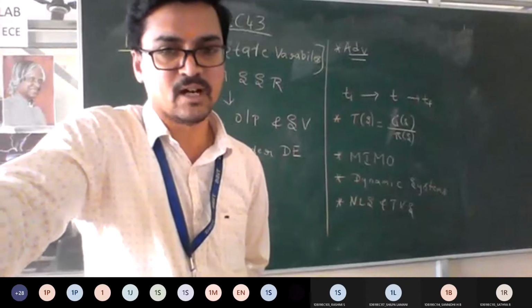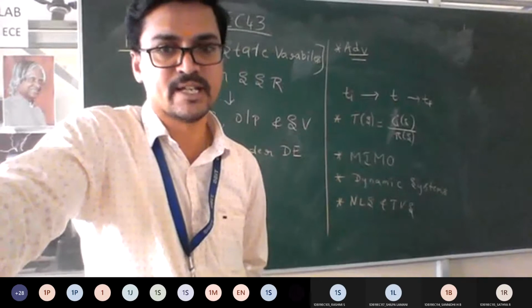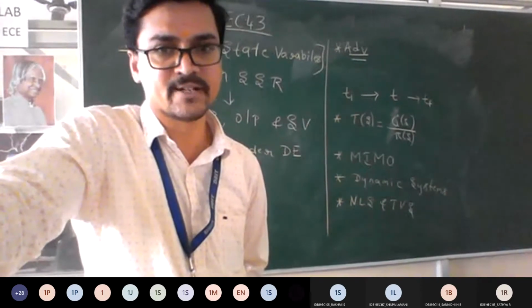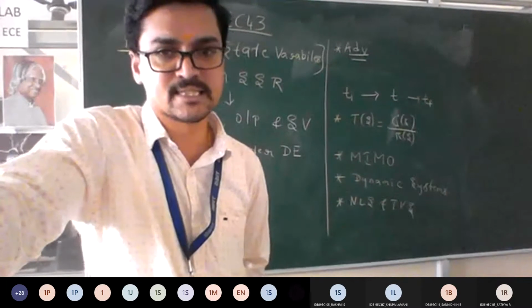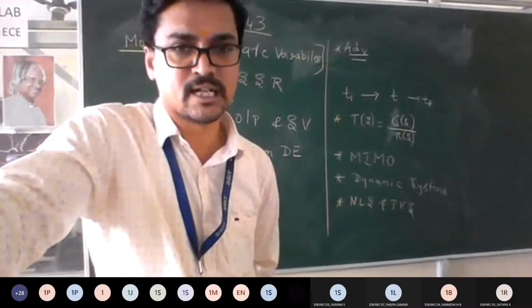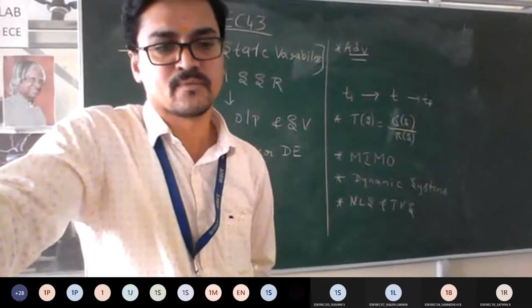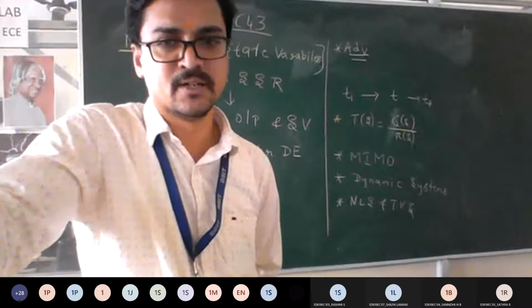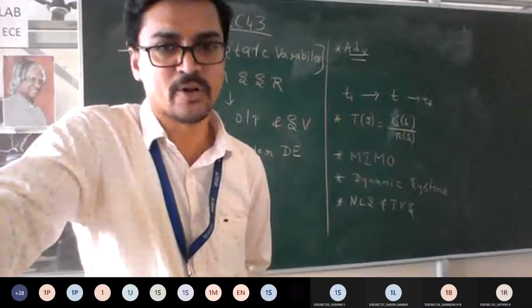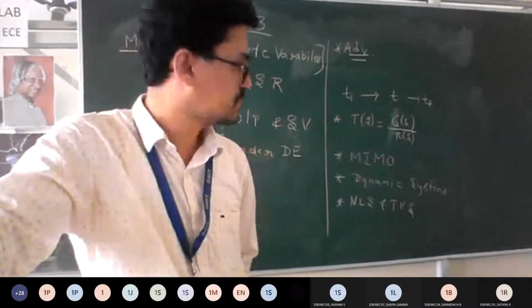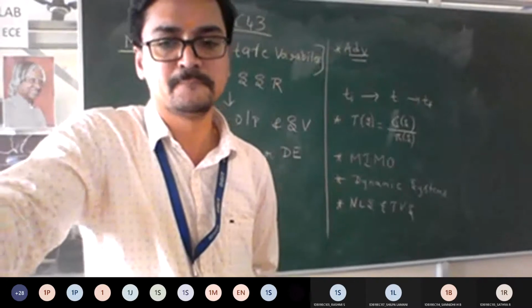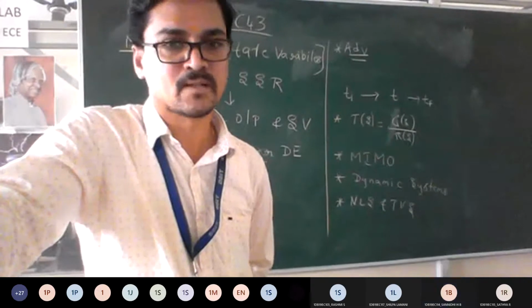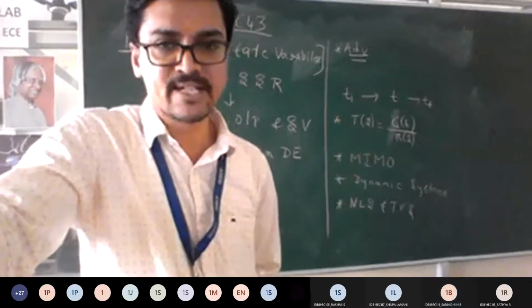Which we can predict or which is fixed, that is called time invariant. Which we don't have control over, that is time variant. So you can analyze the state variable for those two concepts also. Am I clear? For non-linear as well as time varying systems, we can apply this state model concept or state variable concept. Is it fine till here? Yes, sir. Good. So these are all the 6 advantages we have.